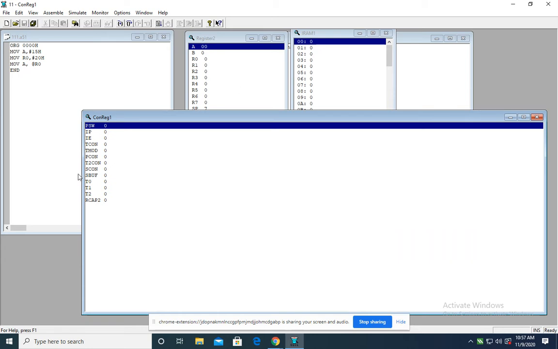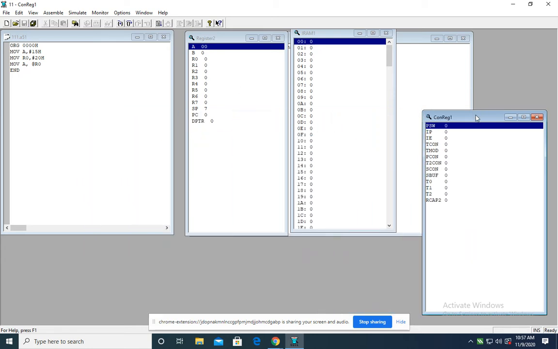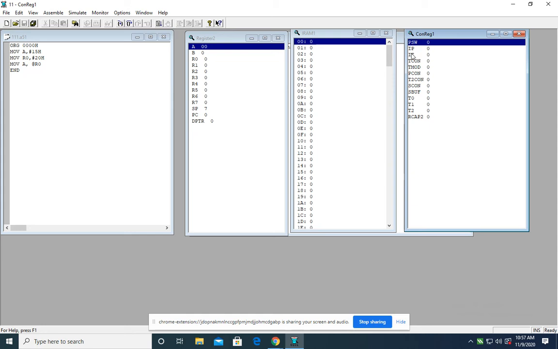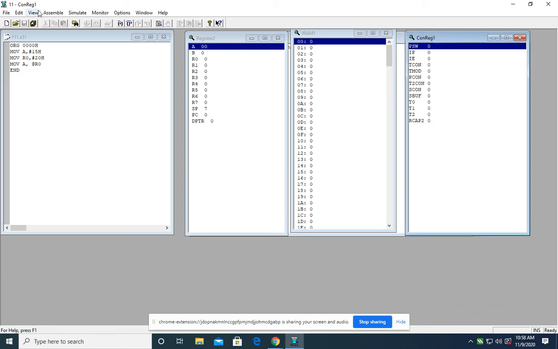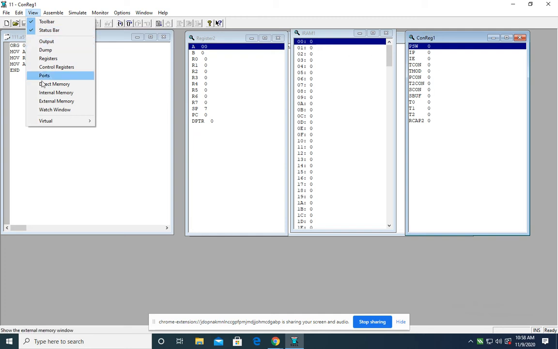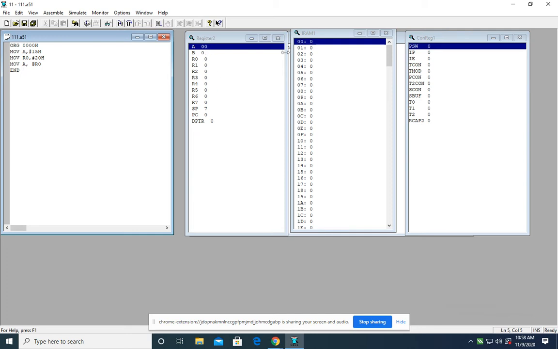Here the control registers are program status word, interrupt priority, interrupt enable, timer control, timer modes, power control, timer 2 control register, SCON serial communication control register, serial buffer, timer 0, timer 1, timer 2. All these registers are listed here so that you can observe what is happening inside the microcontroller with these registers, memories, and so on.